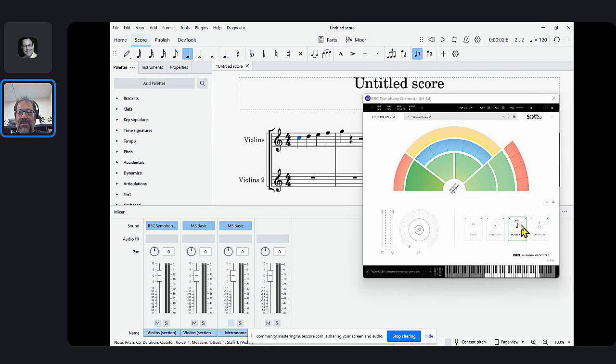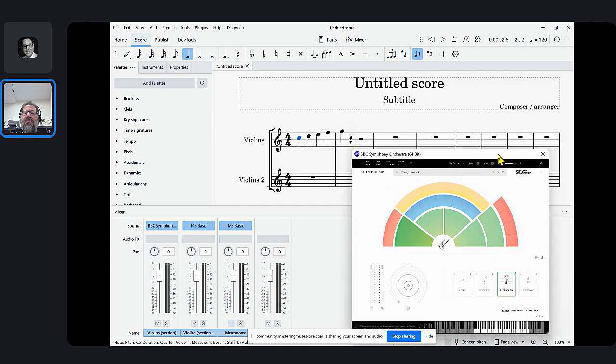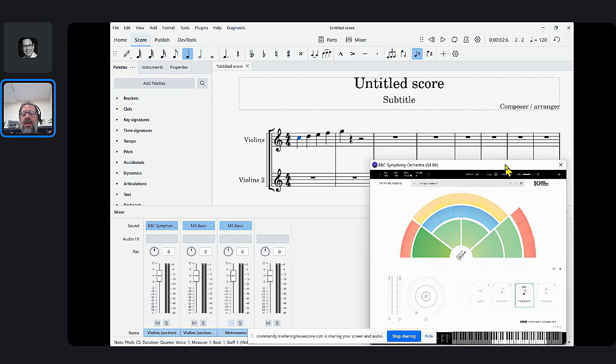So anytime you use a VST instrument, you have to tell the VST instrument when to switch and how to switch. And the way I'm going to show you how to do this, it's a little bit mind-blowing that this is how it works. But anyone who's used VST instruments, feel free to back me up on this or tell me any detail I have wrong about it. But with VST instruments,